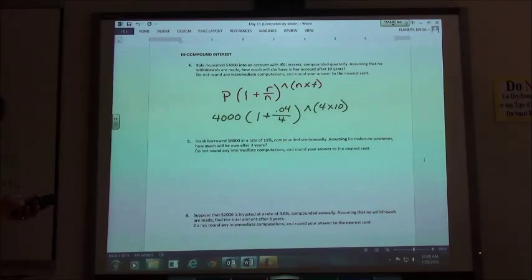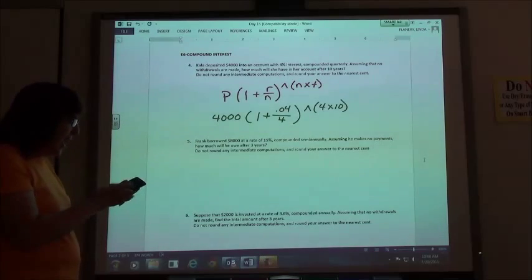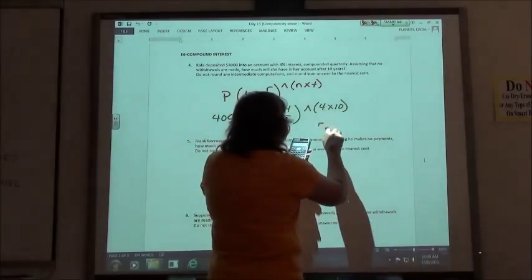So 4,000 parenthesis 1 plus 0.04 divided by 4. You can use a fraction or the division. I like the division. It's easier for me to punch in. Caret key, and then in parentheses, 4 times 10. Hit equals. I'm coming up with